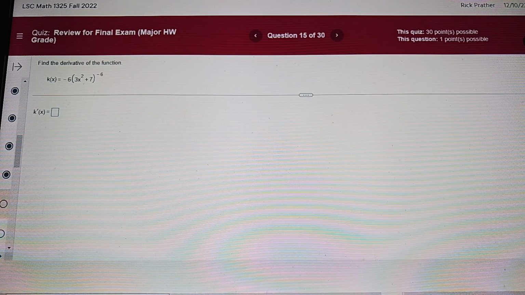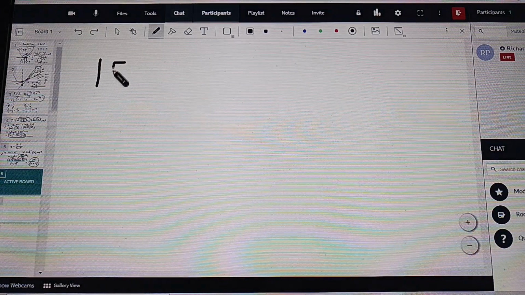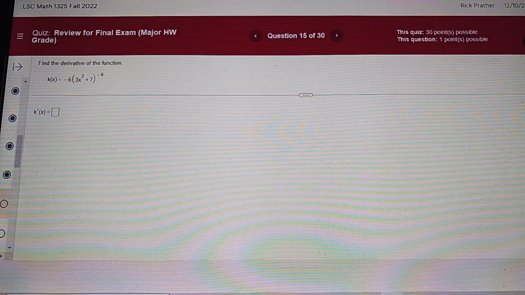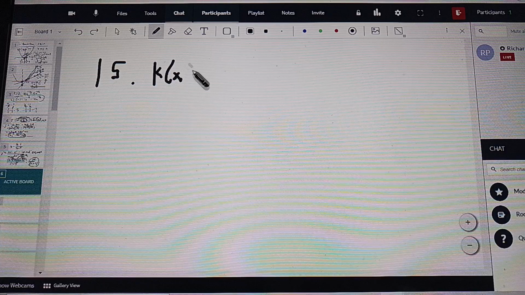Okay, and then the fourth thing, you got your power rule first. That's the most basic rule of derivatives, power rules. Then we learn product and quotient kind of in the same section. And then the next thing on the list was the chain rule, which really could have been taught right away and could have been going on all along. But now I've got k of x equals